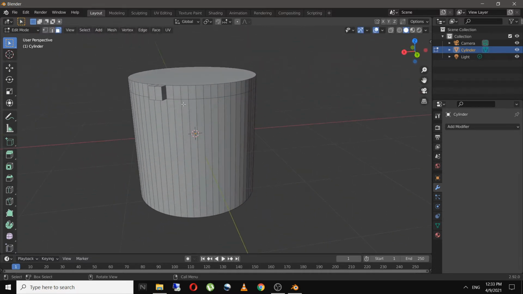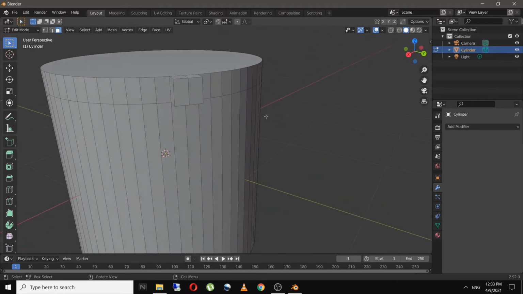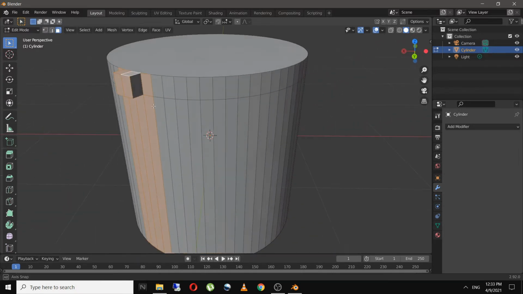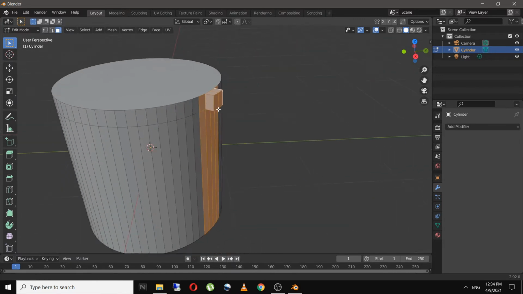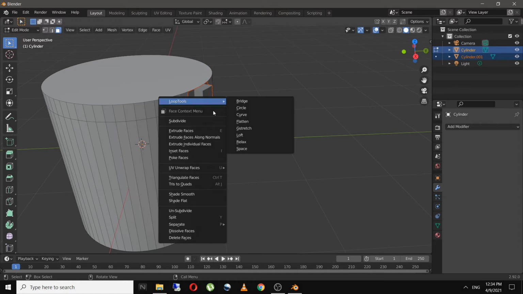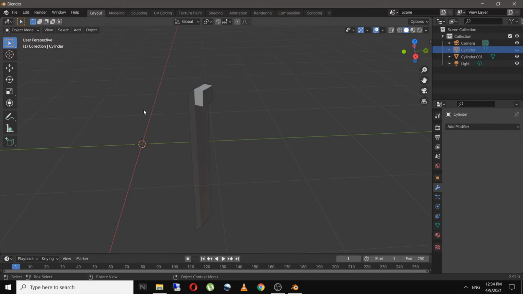Now I want to perform this action on the whole circumference of the cylinder. So let's see how an array modifier will work in a circular form. I will select these faces, duplicate them and press P to separate them and click on selection. So I have this separate mesh now and I will hide the main cylinder.